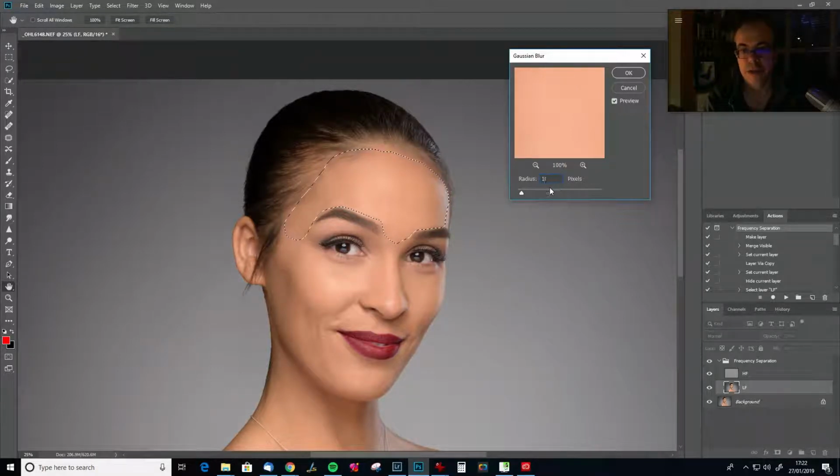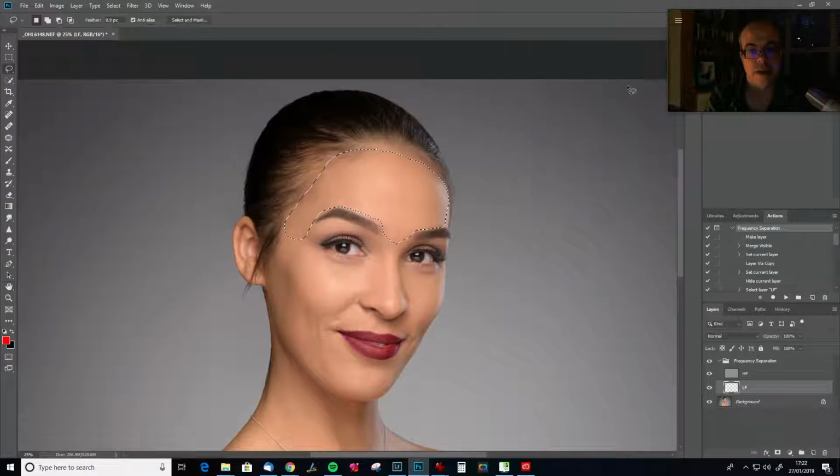So I'm probably going to blur it just slightly more than the separation value. So we've now done it by 10 pixels, okay? And then we can deselect that. And if we want to check what that's done, we can just toggle on and off the frequency separation layer. Now there's going to be a bit more work to do on this. For example, this area here, and I have the other button on my tablet set up to repeat the last filter. So I've just done that Gaussian blur about 4 or 5 times more on that,